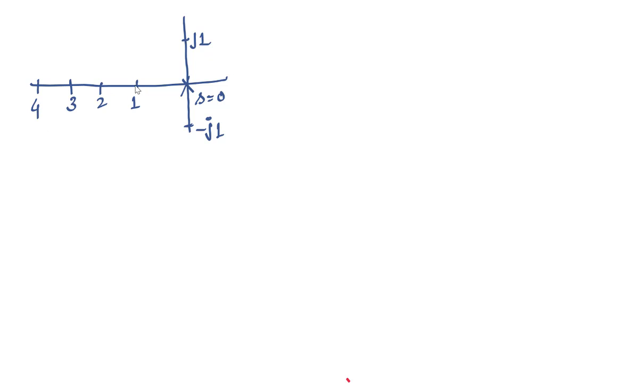So we have one pole at approximately this point. Similarly the conjugate pole would be here, and we have one pole at s is equal to minus 4, right? We have one 0 also at s is equal to minus 1. So s is equal to minus 1 would be a 0, right?